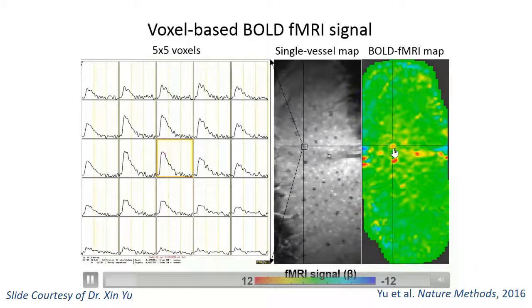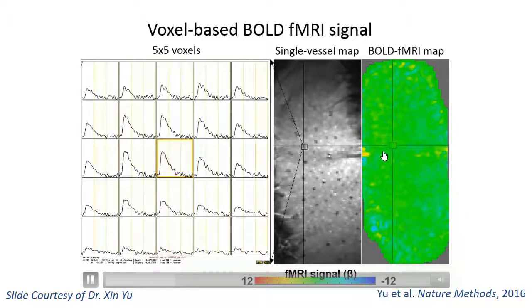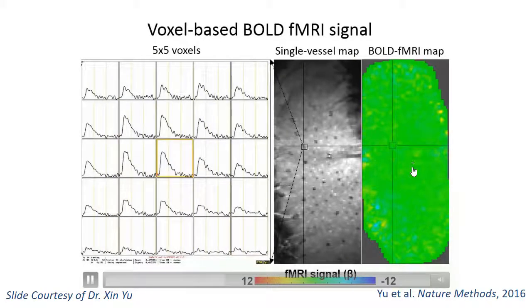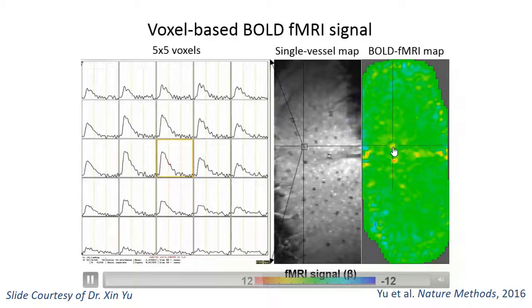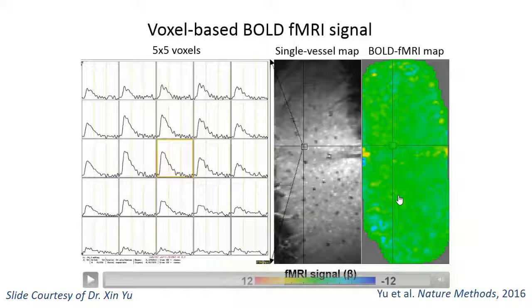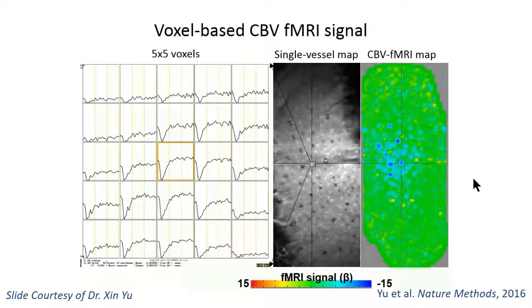So for example, in a BOLD effect with a pixel focused on a cortical venule, a principal cortical venule, you see that when the stimulus starts, you have the activation of the capillary bed around it right here, and then you have the principal cortical venule draining the blood flow away. And you know, we now have single vessel resolution in the fMRI. You can also do that with iron oxide